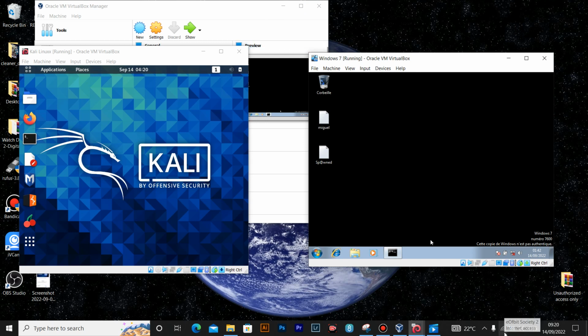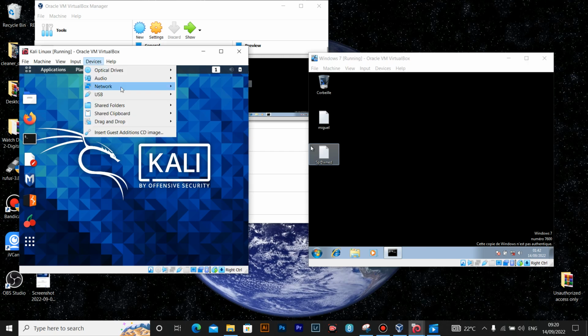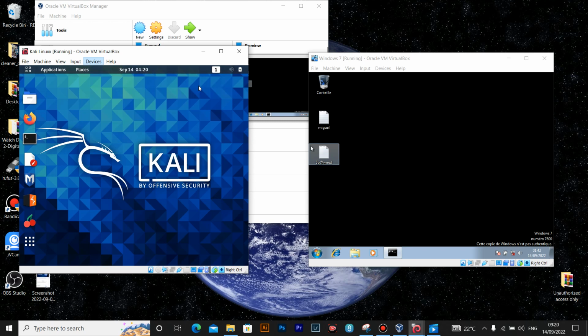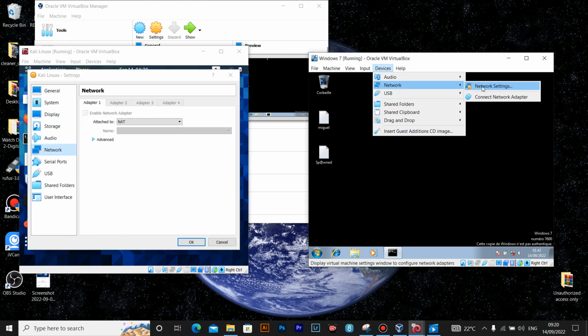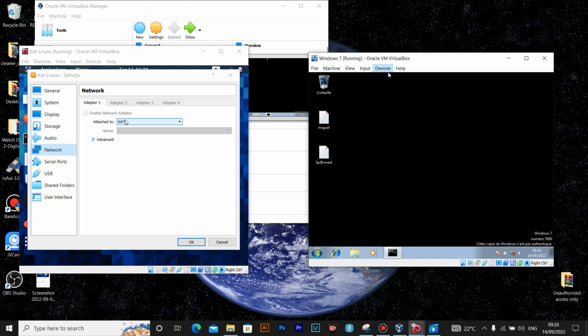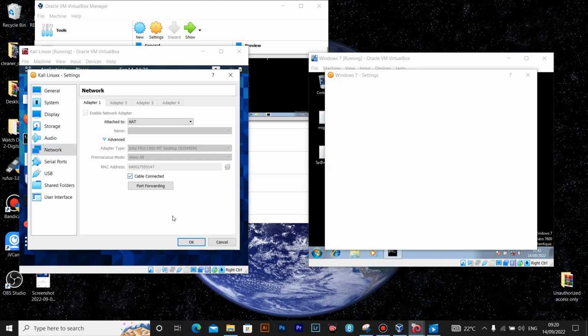you need to be connected to a network. And when you're connected to a network with your computer, the main operating system, the guest operating systems in the virtual machine get that network connection from a NAT, actually. And that's enabled in the devices network settings. Let me do the same thing here. Devices, network settings. Here you see it is attached to a NAT connection, and here if you tick cable connected,